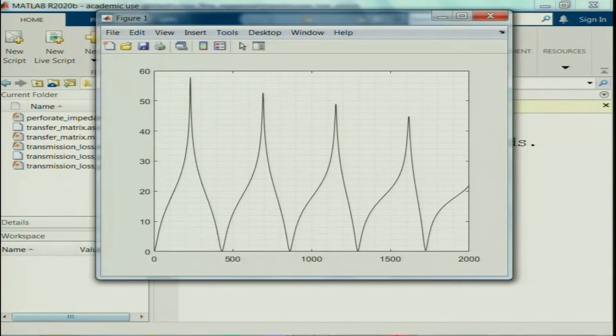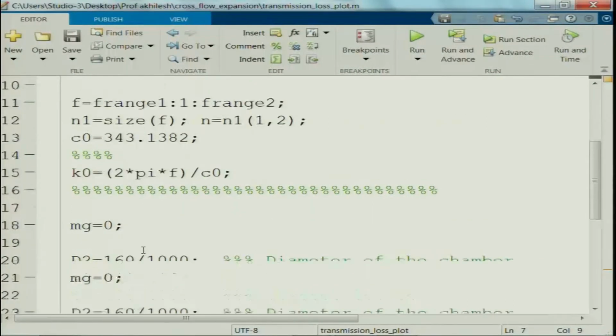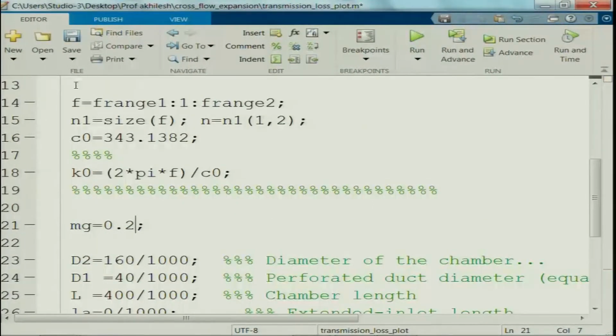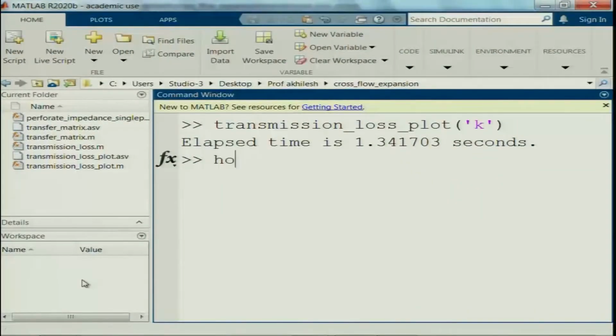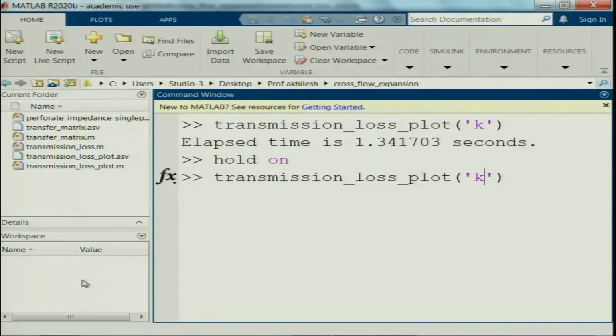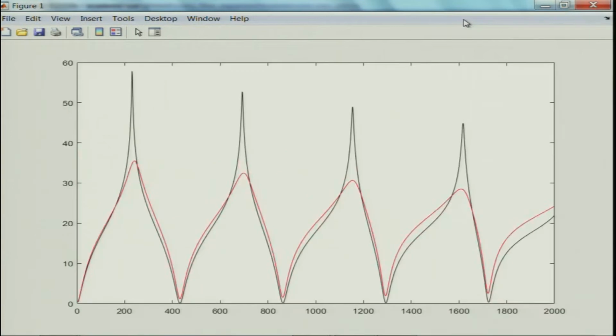Even if the flow is there, let us see what flow does to this configuration. If you put a large flow, you see, hold on, and do this. So, really that is magic, flow really lowers the attenuation peaks and the troughs again are lifted. So, you keep getting the same kind of conclusions again and again, but of course, these results cannot be completely relied upon even in the low frequency range for flow reversal configurations, because